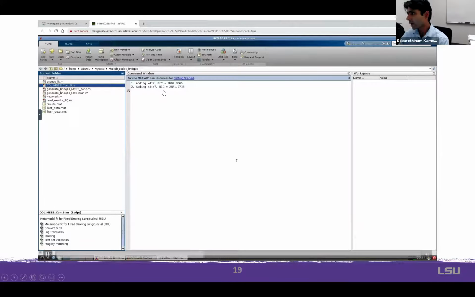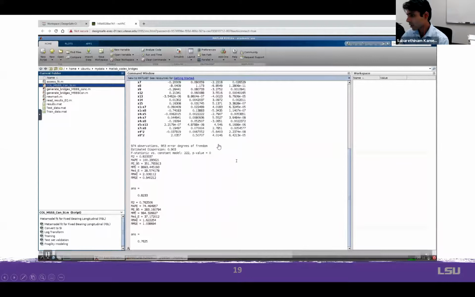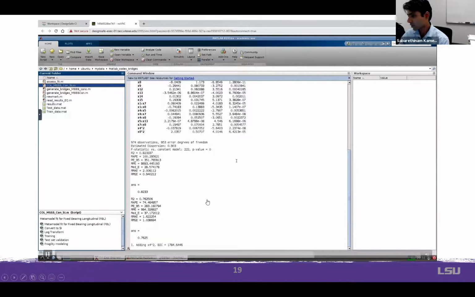Once I run, again, I'm doing stepwise response surface modeling. Because it's a stepwise model, it's adding one parameter at a time, and it will keep going like this. So we will have a response surface model. This is the response surface model, and it is showing the prediction capabilities, for example, R-square values, mean average percentage errors, and all others.